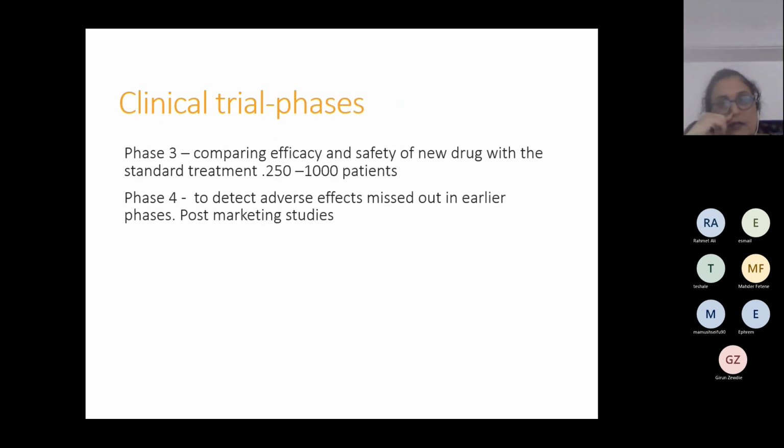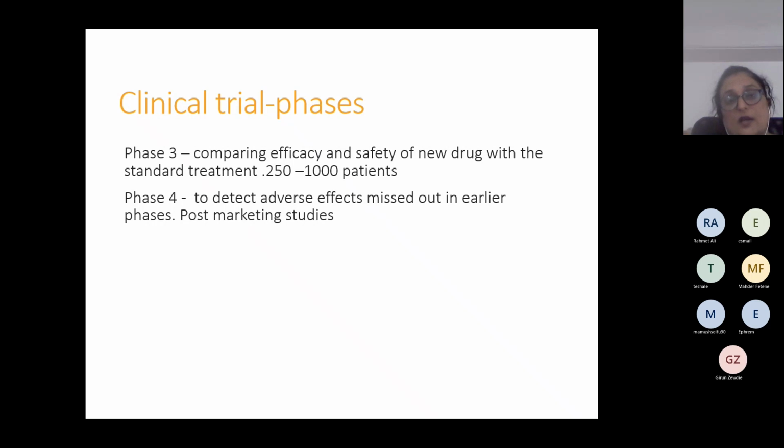In phase 3, which is the most important phase for us, a new drug or a new combination gets its approval on the basis of the phase 3 studies. So whenever you're discussing any reference paper or any article with a doctor, the doctor will always want you to give them a phase 3 study and not a phase 1, phase 2, or a phase 4. Phase 4 is still okay, but not phase 1 or phase 2. They would want a phase 3 study, which is very important. Why?